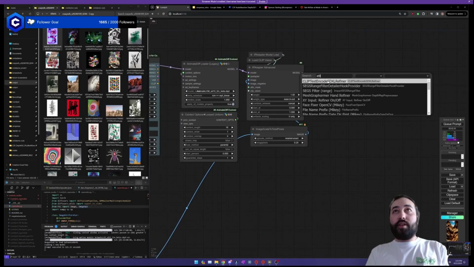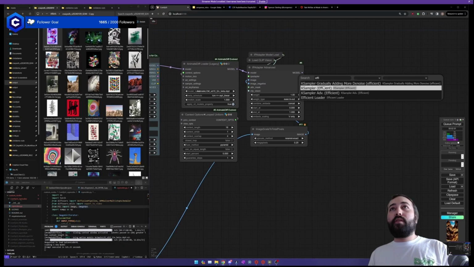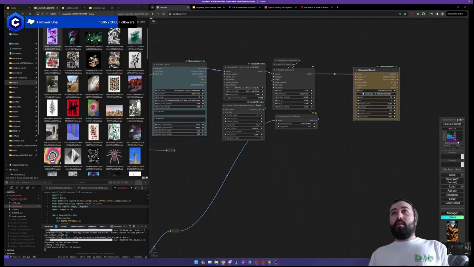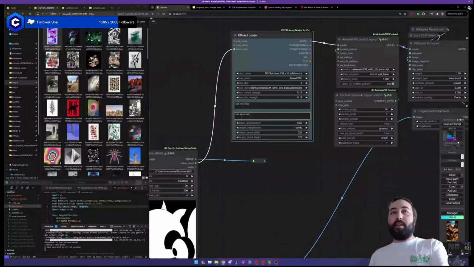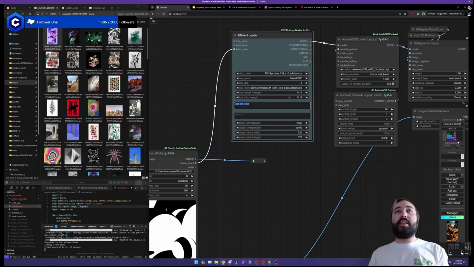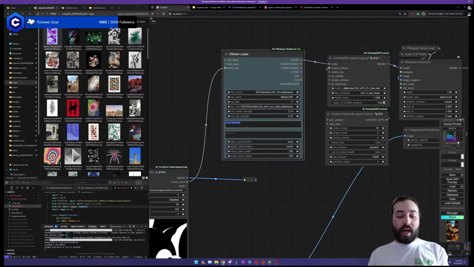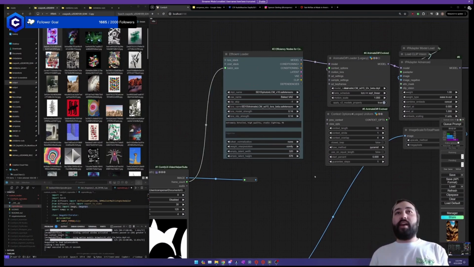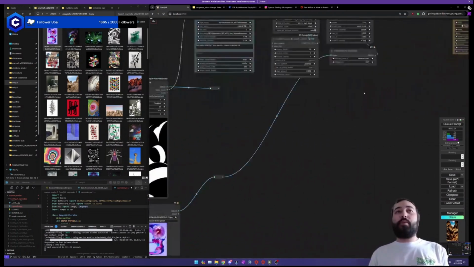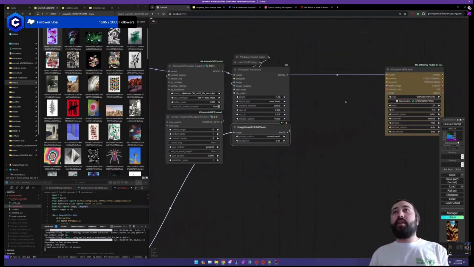Then we're going to do our efficient pace sampler. And yeah, I'm going to get rid of the negative prompt, and we're just going to use the prompt inside the efficient loader. It's super easy. In this case, we're not even really going to have a prompt. We're just going to do extremely detailed, high quality, studio lighting, 4K. Like, we're just going to say, make it good, because we're going to be leaning on the IP adapter pretty much for the entire thing.